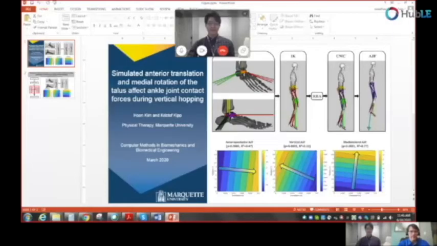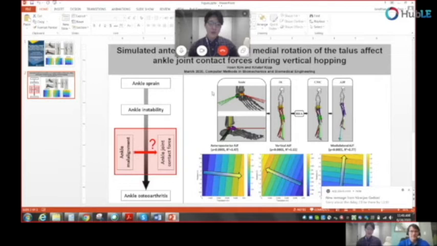So tell me a little bit about the methods that you employed. So you said it was a muscle-driven model, right? Yeah. So in order to mimic the talus malalignment in the ankle joint,